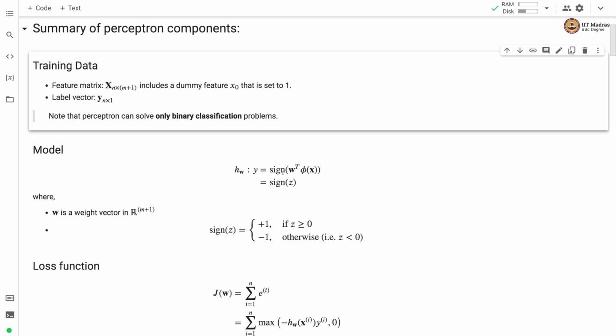So w, as we talked, is a weight vector in our m+1 space, and sign of z: we assign +1 if z is greater than or equal to 0, and it is -1 otherwise. That is, if z is a negative number, we assign a value of -1 to the label.